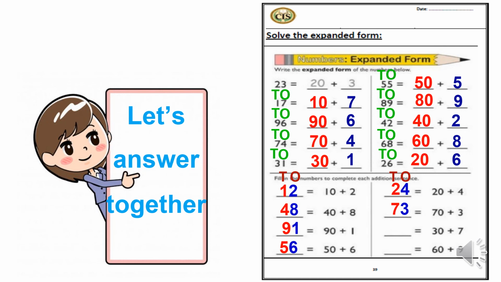So if we make addition, it will be 37. The last one, we have here 60 plus 9. If we make addition, it will be